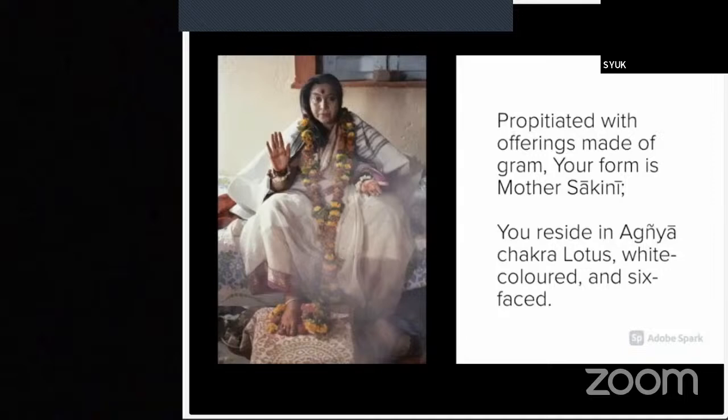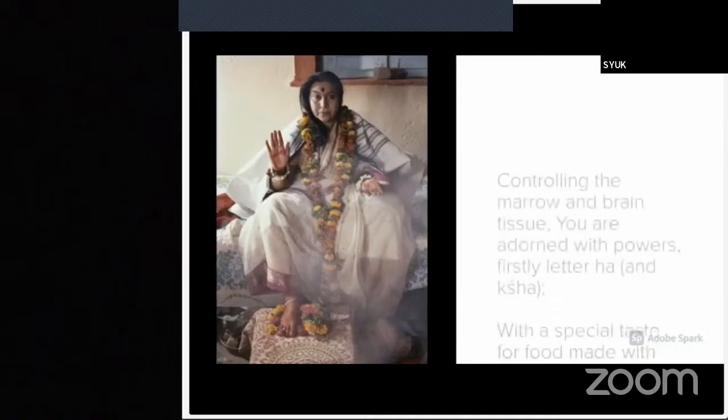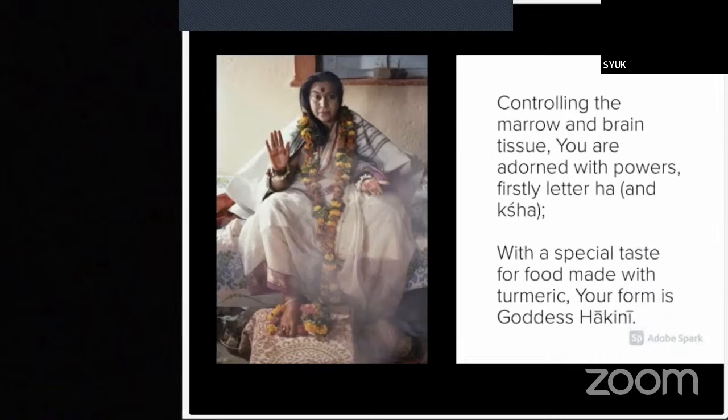You reside in Agnya Chakra lotus, white-colored and 6-faced. Controlling the marrow and brain tissue, you are adorned with powers, firstly letter Ha and Ksha.